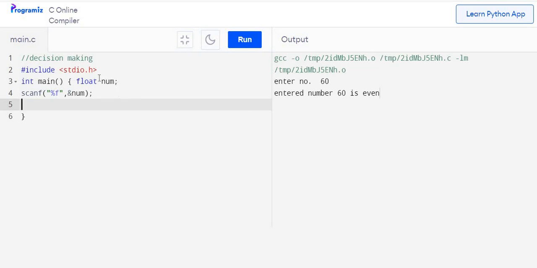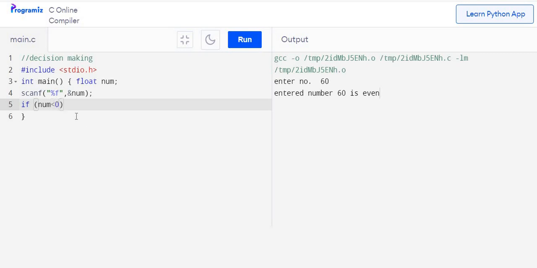Now we have to check whether the number is positive or negative. We are writing the program for the absolute value. If num itself is positive, then itself is the absolute value. If num is negative, then we have to convert it into positive. So if num is less than 0.